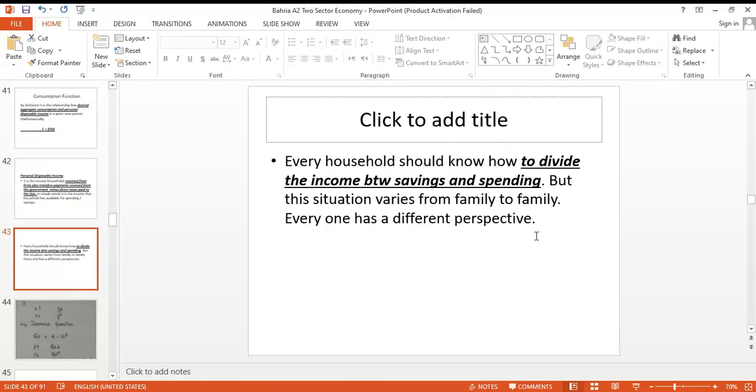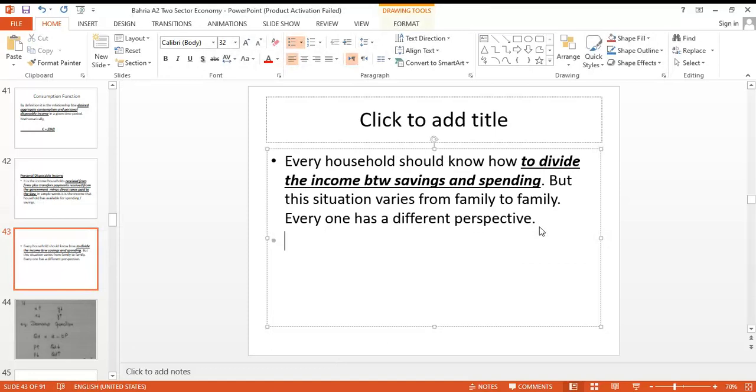So you can write here that the income will be divided into consumption and saving. So this is what the household does. It divides the income between consumption and saving. A part of income will be consumed, a part of income will be saved. And this is another demand function or a consumption function in which we have a negative sign